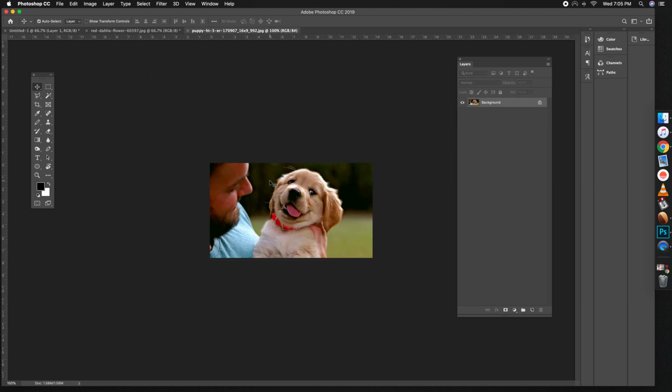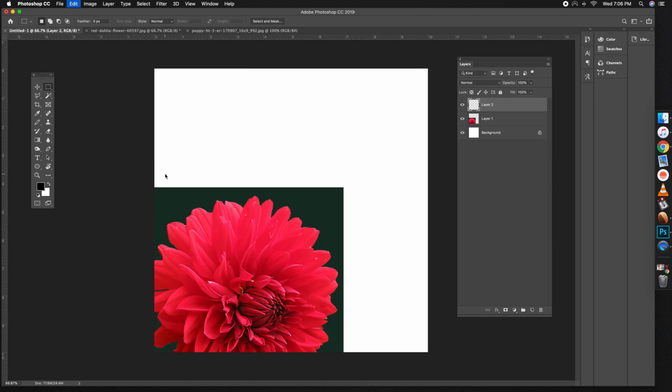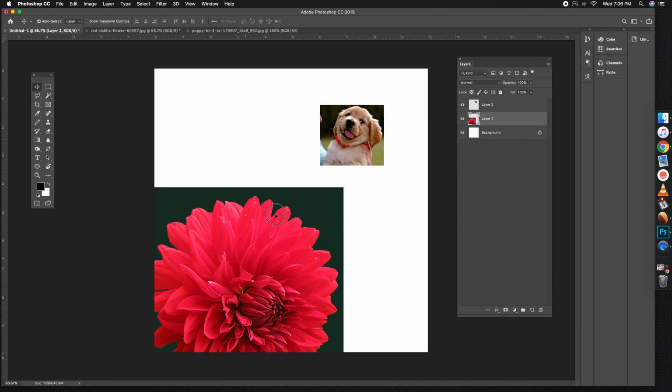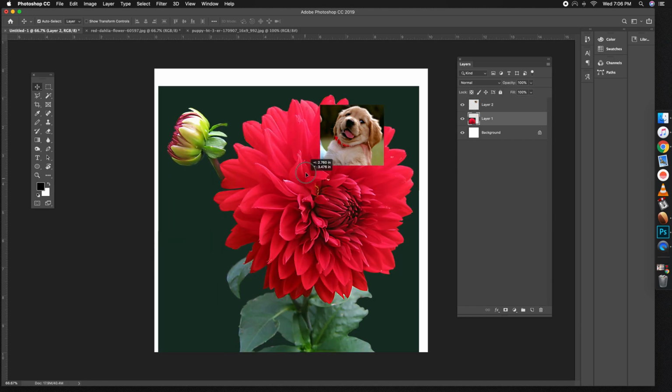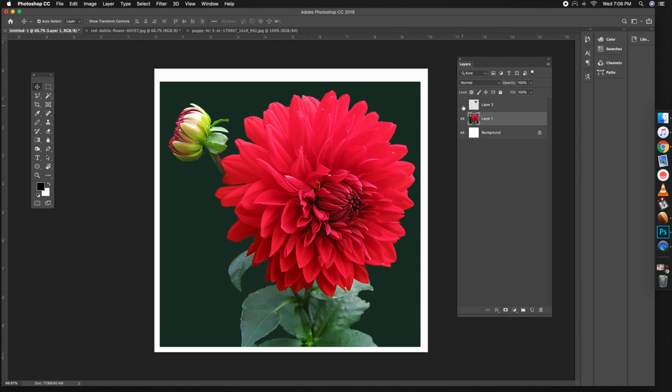I'm going to go over here. I'm going to get our puppy with our marquee tool as well. Just enough of what I need there. And copy as well, come back over and paste. You'll notice that the puppy pasted a lot smaller, and that's because the puppy image is a lot smaller from Google. The flower is a much larger image, and so it pastes in at a larger size. Okay, from here we have a few options. Now I'm going to turn off the puppy here,